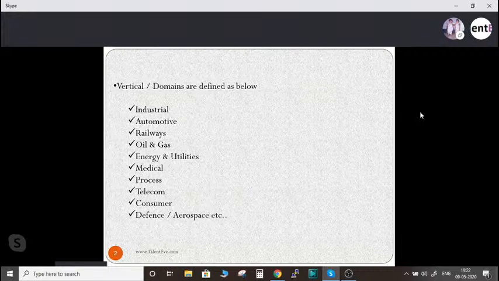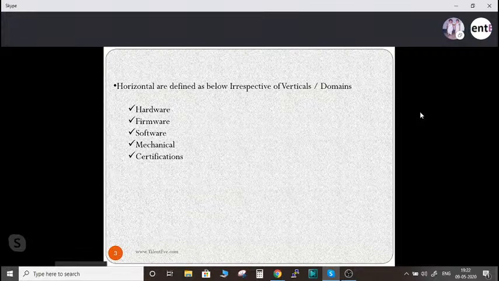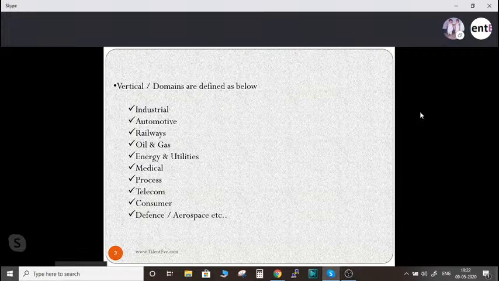So instead of wasting your entire time on the domain sector, I know 70% of my horizontals, which is my core for any vertical. My horizontals I am clear. Now my verticals, I don't know 30% of the industrial vertical. I know only 30% of railways. I will learn it, and thus spend 30% of my time on the particular domain, either through YouTube or through friends or training. I will learn the domain knowledge to the standards I want